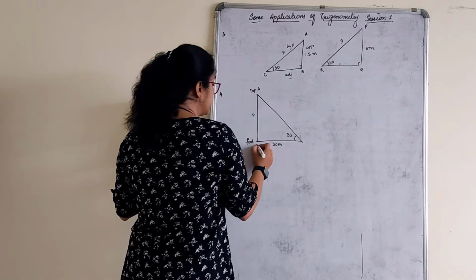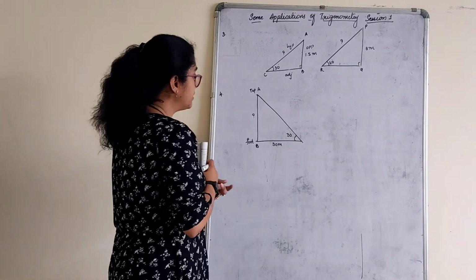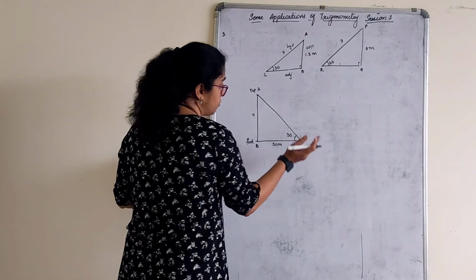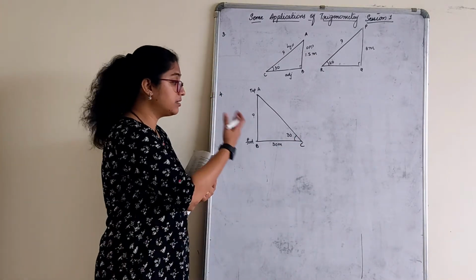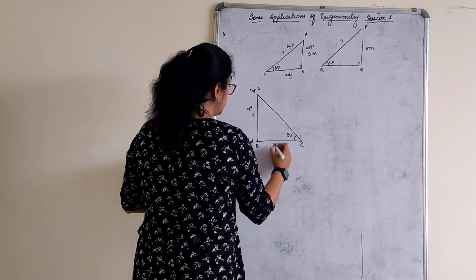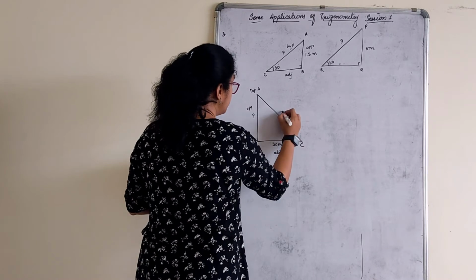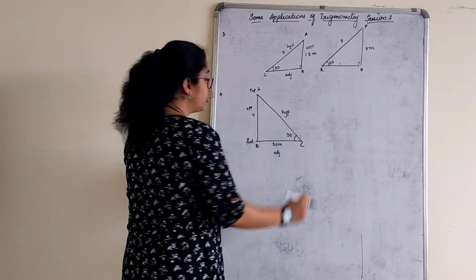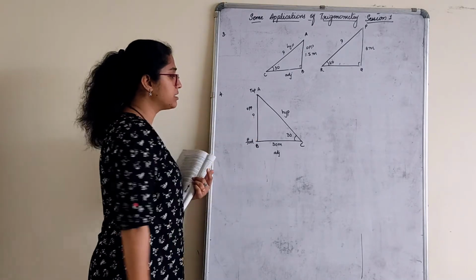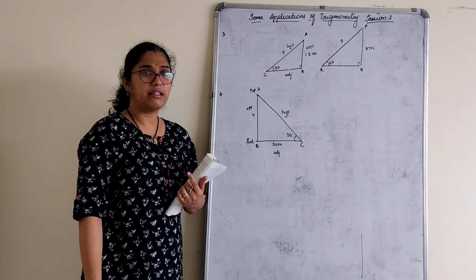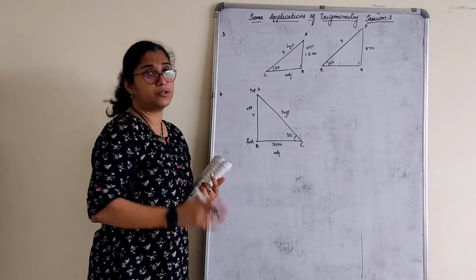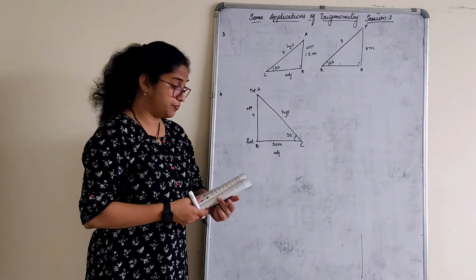You have to mention, let AB be the height of the tower, A be the top and B be the foot of the tower. BC is equal to 30 meter, theta is also equal to 30. So this is opposite, this is adjacent and this is hypotenuse. Which trigonometric ratio will help you here? Hypotenuse will not come. We want to find opposite, adjacent is given. So can I use tan 30? Tan 30 is opposite by adjacent, or cot 30 is adjacent by opposite. Up to you. Use tan or cot ratio.